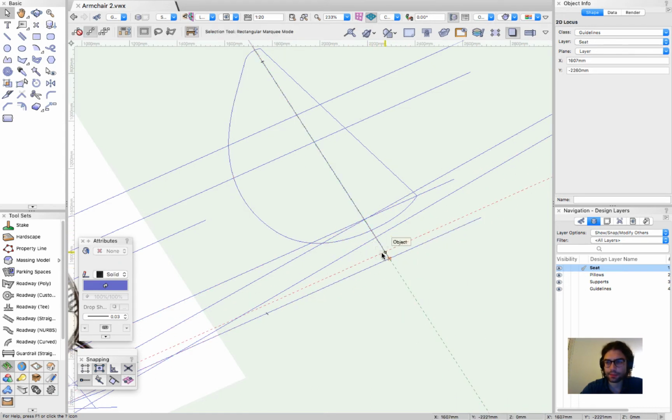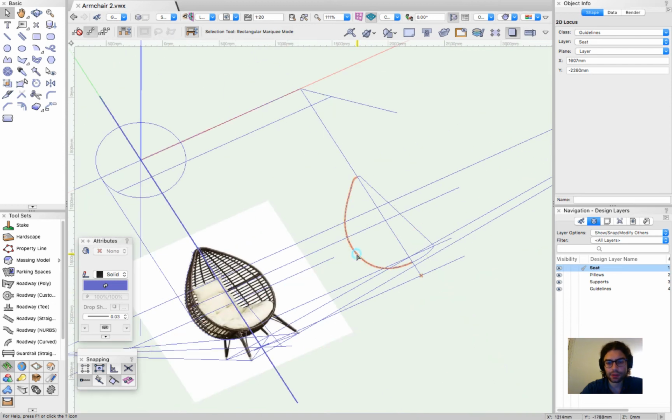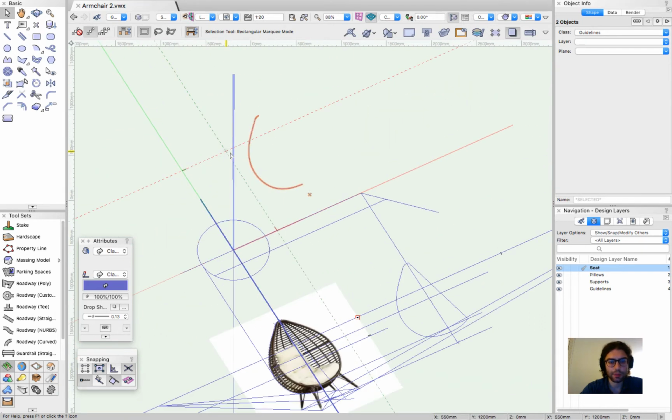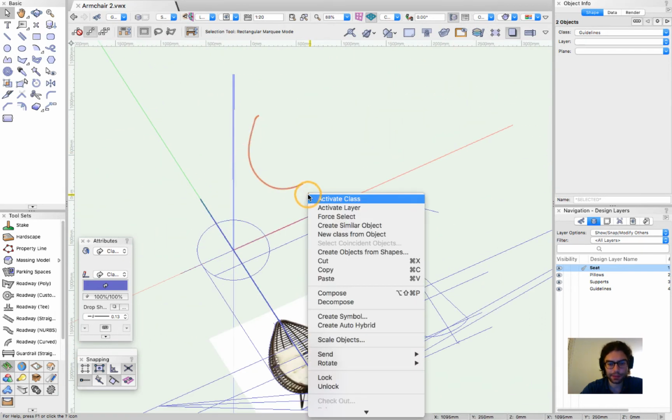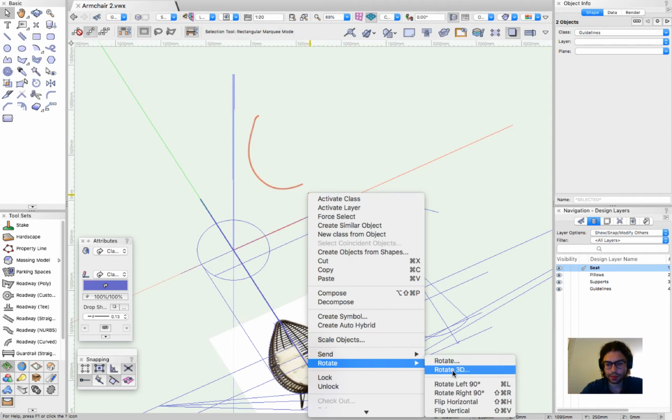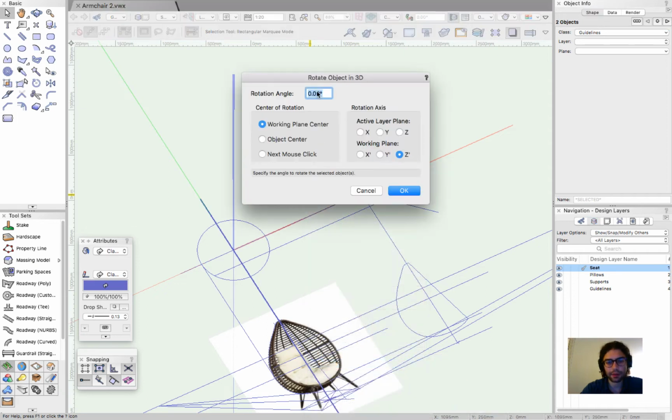I have placed a new point here. Let's grab these two objects. And we could just create a quick copy like so, and I right click and look for rotate. So we definitely want to rotate them in 3D 90 degrees,